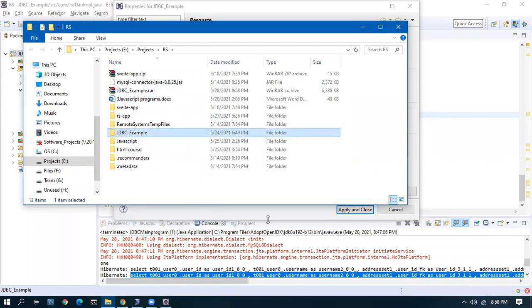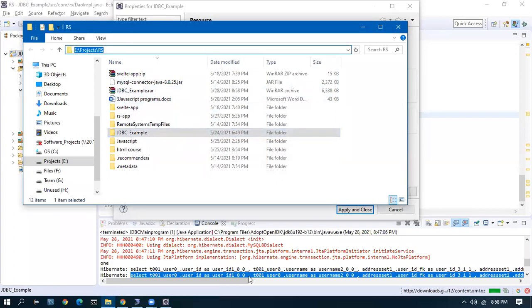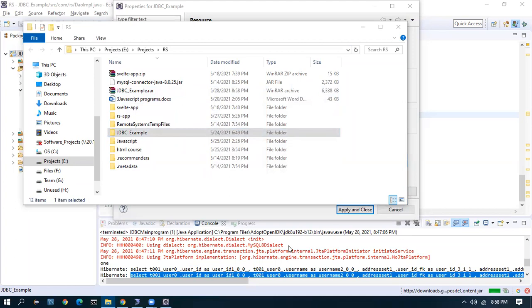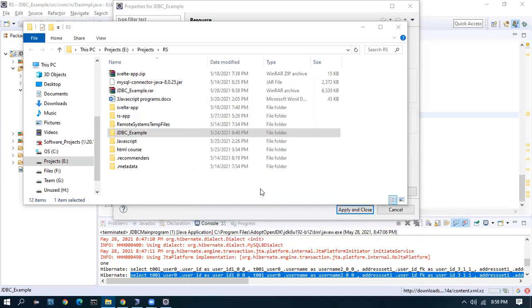Everything will work perfectly. JDBC example, yes, I've sent it. It's a 6 MB file, so just save it. It can be useful as a reference. Along with the video, you'll be able to recollect whatever we have done.